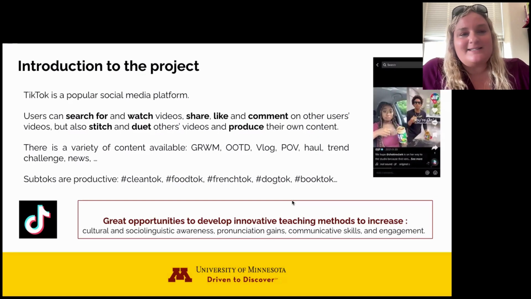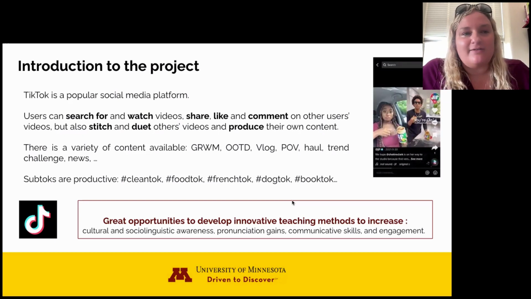What's really cool from a genre standpoint is that TikTok has a lot of different kinds of content available. And so there's a bunch of different kinds of TikToks that people are familiar with watching. If you're a TikTok lurker or consumer, or even a content producer, you'll be familiar with the GRWMs, the get ready with me. So it's people getting ready to go to a party, to school, to work, and they kind of document each aspect of that.